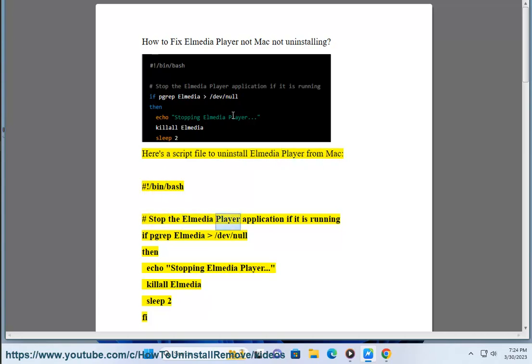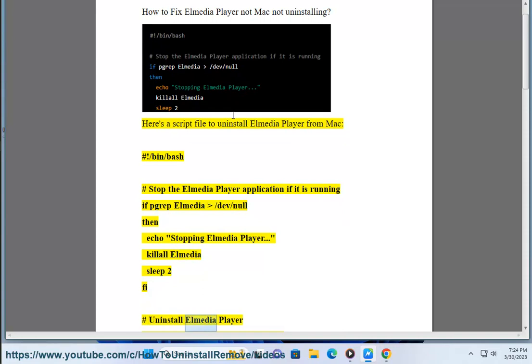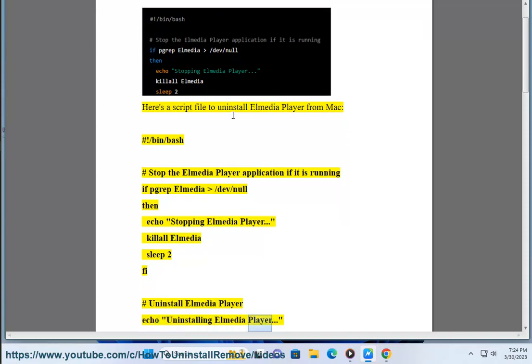#!/bin/bash # Stop the Elmedia Player application if it is running. if pgrep elmedia > /dev/null; then echo "Stopping Elmedia Player"; killall Elmedia; sleep 2; fi # Uninstall Elmedia Player echo "Uninstalling Elmedia Player" sudo